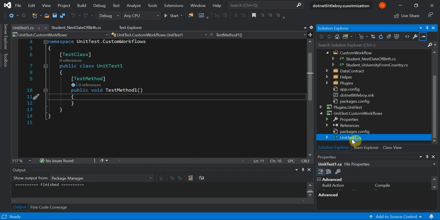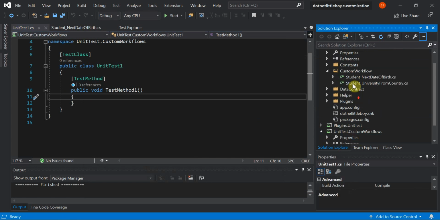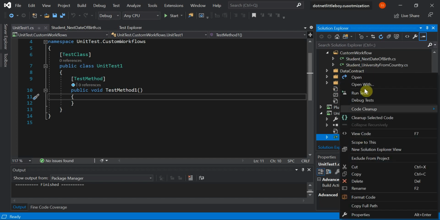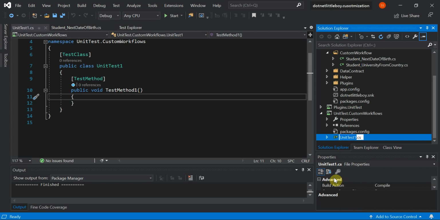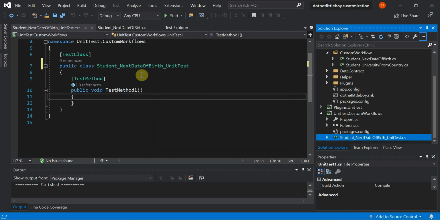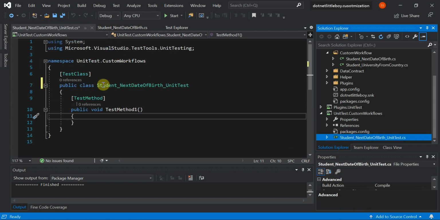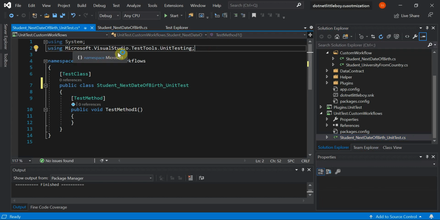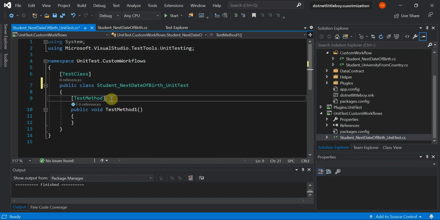First of all, I'll change the unit test class name, since I'm going to write the unit test for the student_nextdateofbirth. So I'll rename this. I have changed my class name, and you can see that when you add any test class, it will add the reference Microsoft.VisualStudio.TestTools.UnitTesting, and under that we'll have the test class and the test methods.